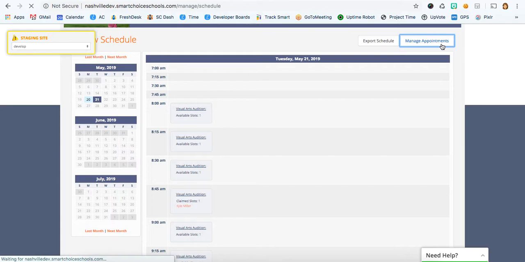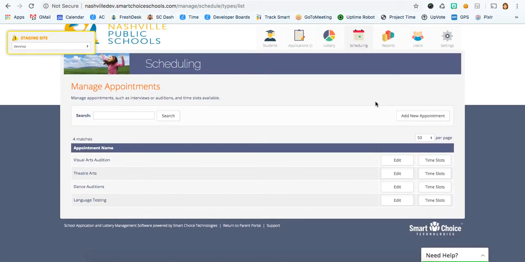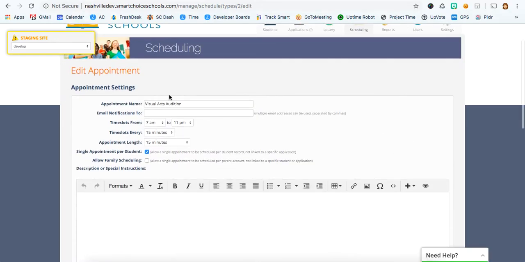I can manage appointments. This will show me all the appointments that are currently in the system. I can add a new appointment, edit an appointment. So if I click on edit, I can edit the name, email notifications to. This can be used to send an email to an administrator every time an appointment is scheduled for that specific